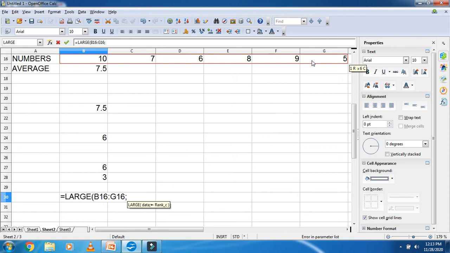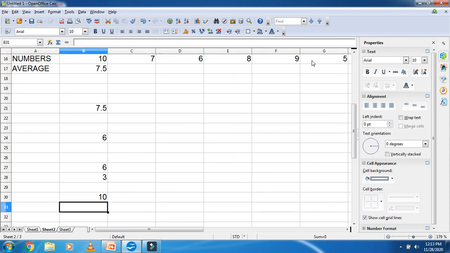So that is the first number, bracket close, enter. So that is 10.